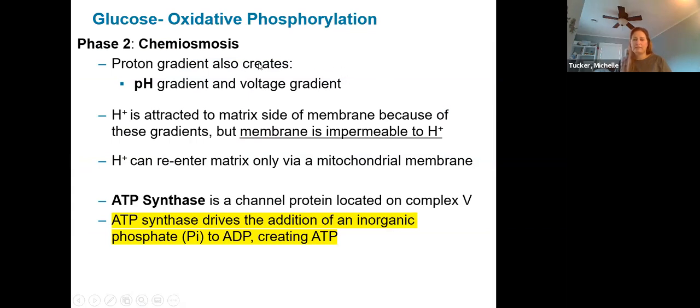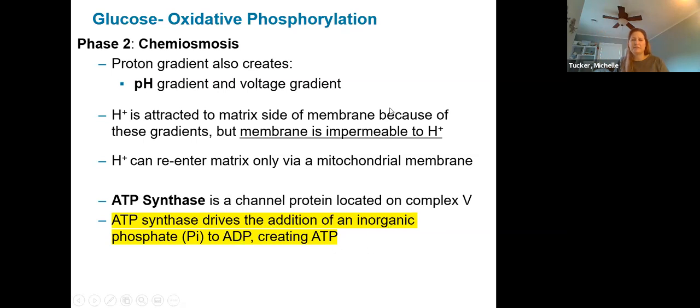So the proton gradient creates a pH gradient and a voltage gradient. Basically, it makes this huge bank of hydrogen ions that is desperate to get across the membrane because of that gradient and the voltage difference as well. Hydrogen ions are attracted to the matrix side of the membrane, but the membrane is impermeable to hydrogen ions. They can only re-enter the matrix using a mitochondrial membrane protein. And that protein is called ATP synthase. As hydrogen goes through, it drives that motor to phosphorylate ADP,